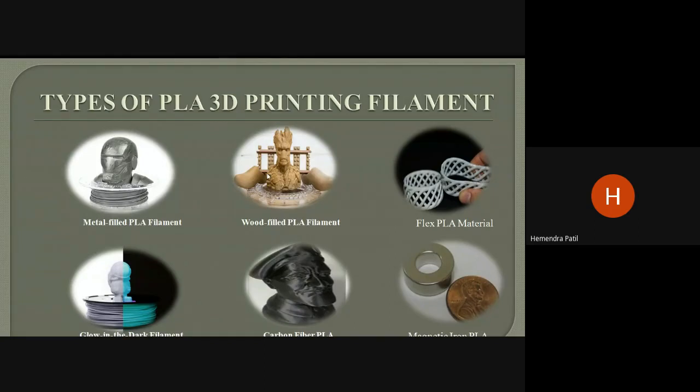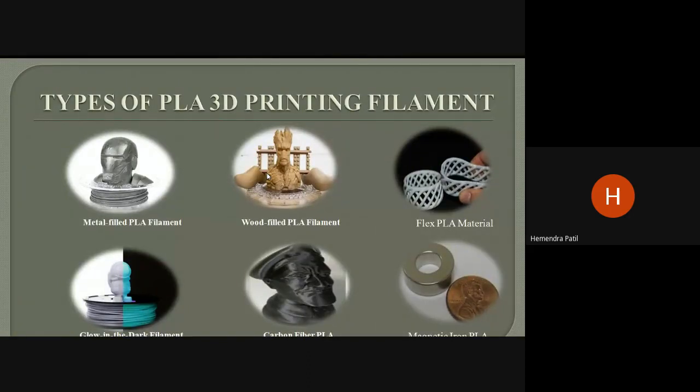The next one here is the wood filled PLA filament. To obtain a wood filled PLA filament, wood particles like wood dust or wood powder are added to the material. Wood filament offers a wooden feel and texture to the PLA. Materials are used only for aesthetic purposes here, as wood does not impact the strength of PLA. And the printing temperature of this wood filled filament is 195 to 210 degrees Celsius, and that is insoluble and not food safe, I will say.